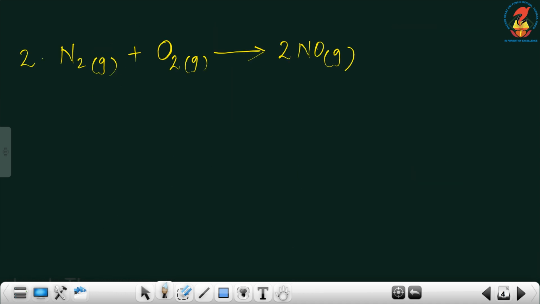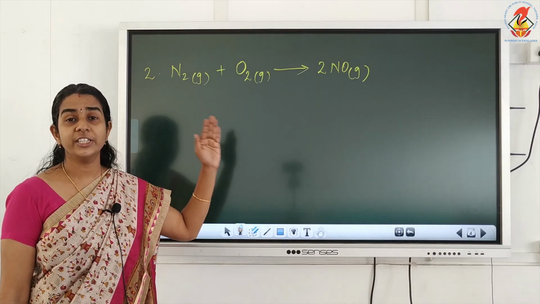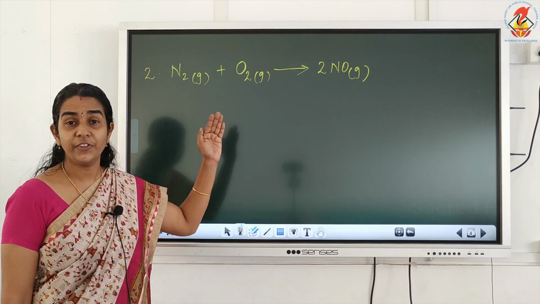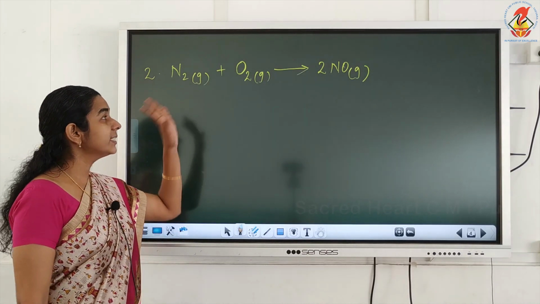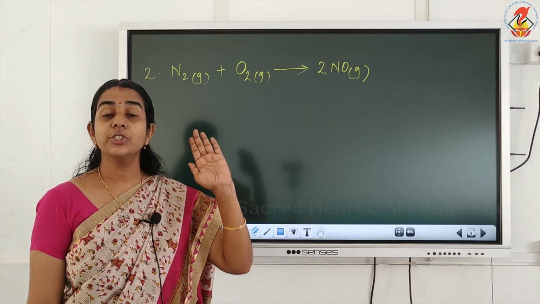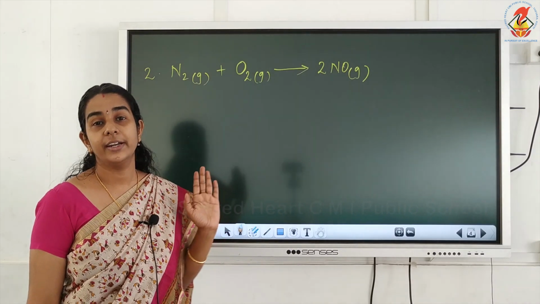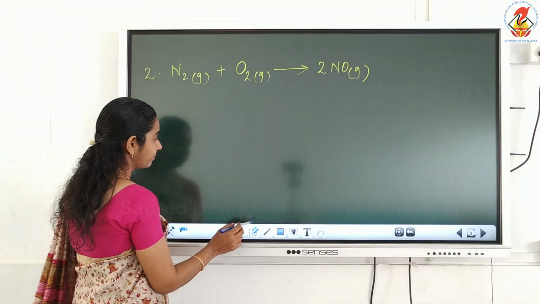Now see the next equation. So this is also to assess whether it is a redox reaction or not. So first thing is assign the oxidation state of each and every atom present in the given equation, and remember there is no significance for the stoichiometric coefficient given in the equation.